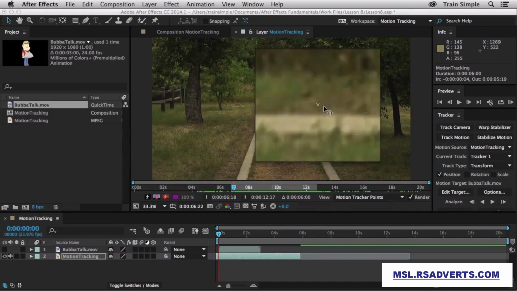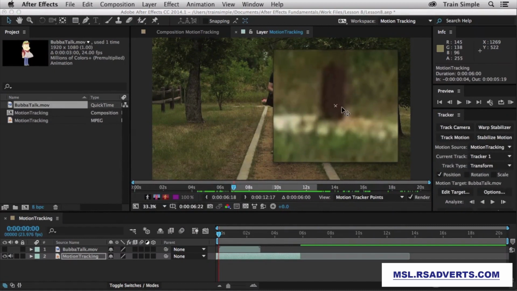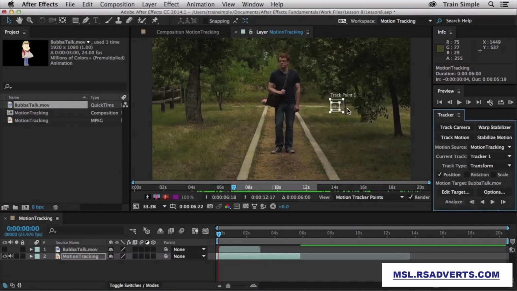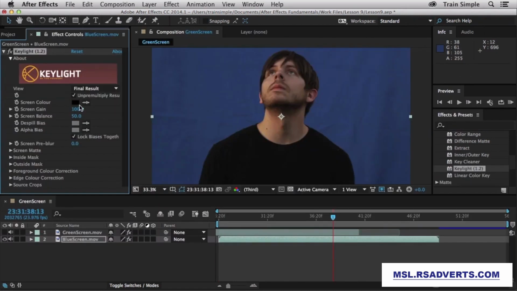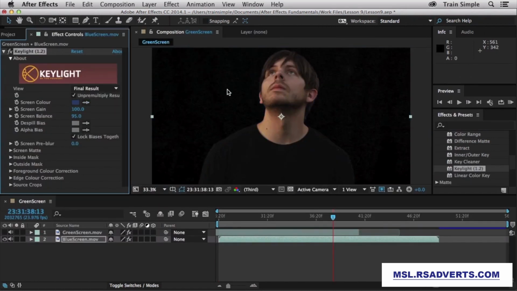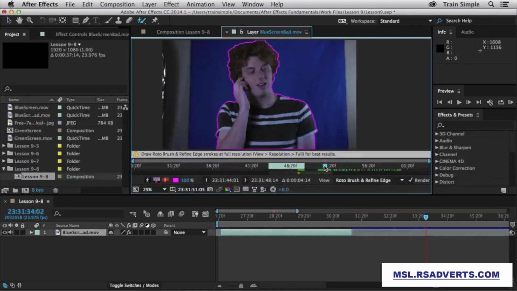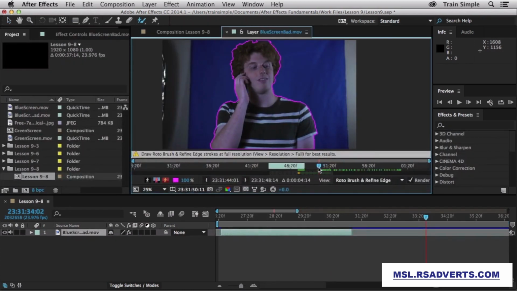We'll do a bit of motion tracking as well. We'll learn what it is, we'll learn how to set up a track point, we'll learn how to do more complicated tracking by applying a null layer, and then we'll learn how to stabilize motion with tracking. And then it's onto chroma keying, where we'll learn how to key out colors, apply garbage mats, and even rotoscope. We'll rotoscope traditionally and with the RotoBrush, which can make work a whole lot easier.